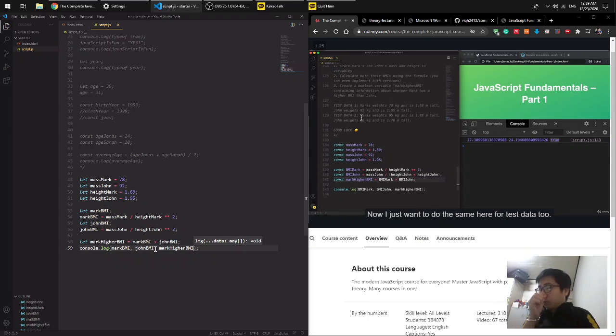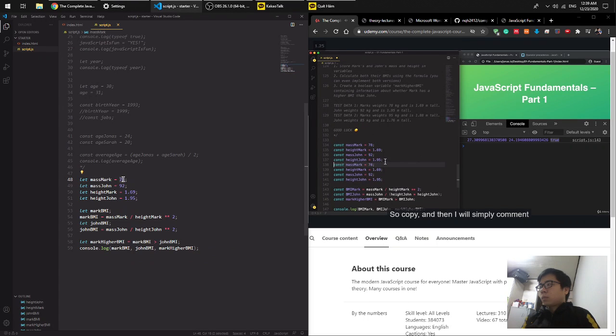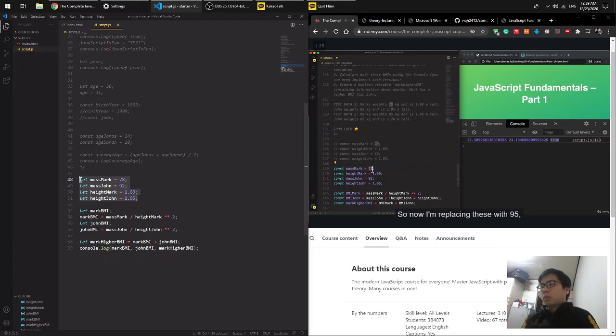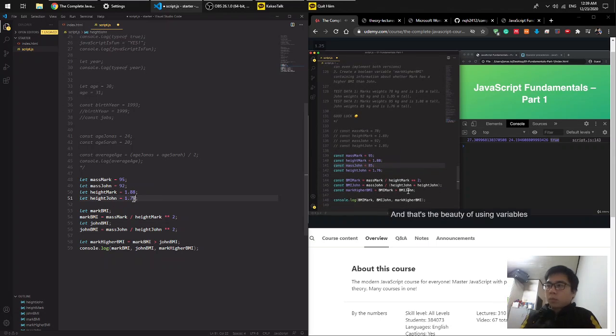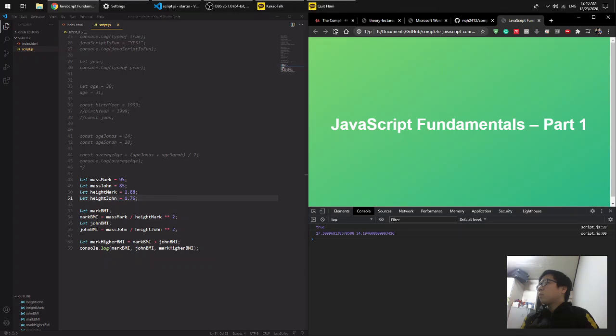Now I just want to do the same here for task data 2. So we'll just copy this. So copy, and then I will simply comment out these first ones. So now I'm replacing these with 95, 188, and then here for John we have 85 and 176. And the rest, of course, is the same. And that's the beauty of using variables, because now all we have to do is to change these values in one place, and then the changes will be propagated to the rest of the code here, which references these variables. Cool, so let's reload,